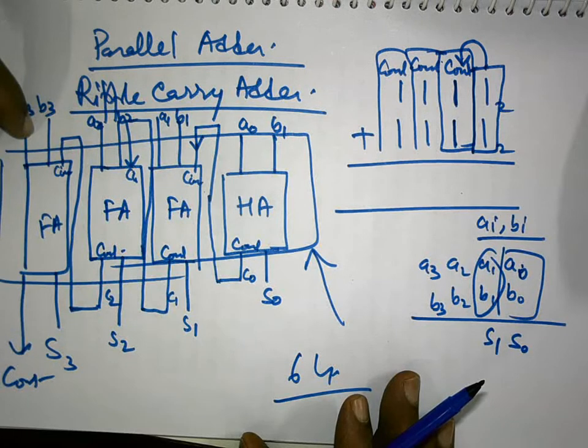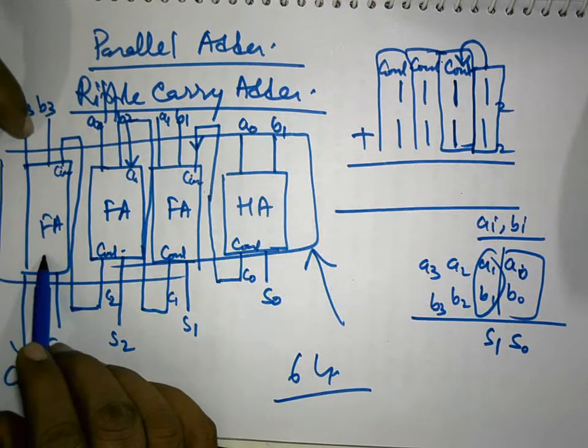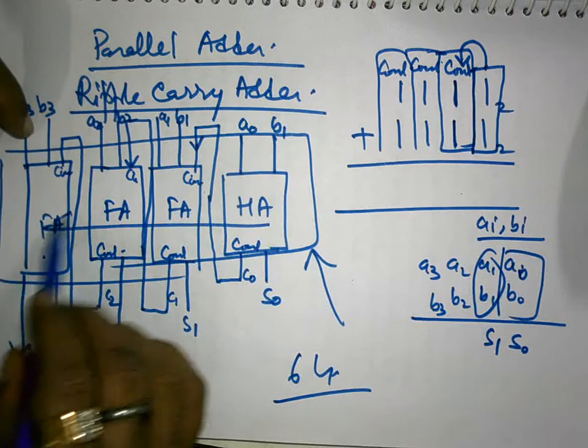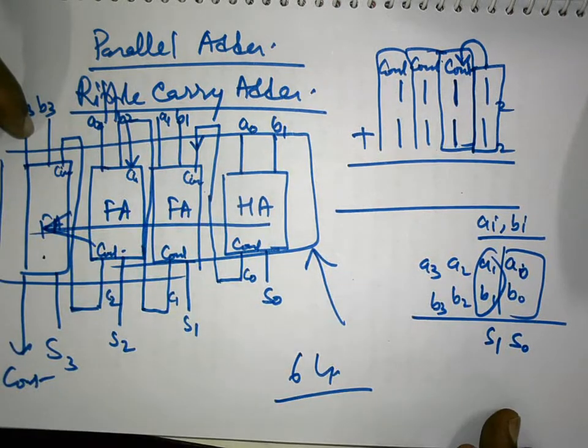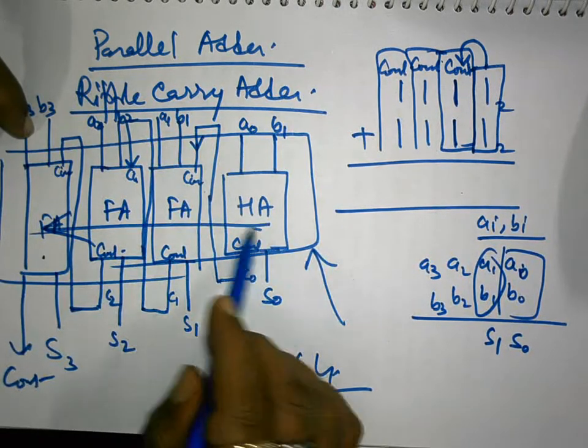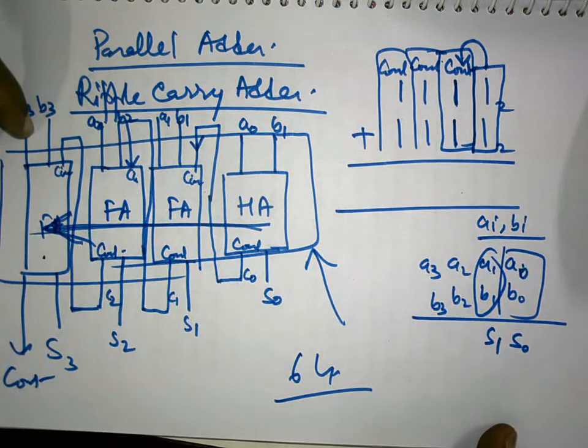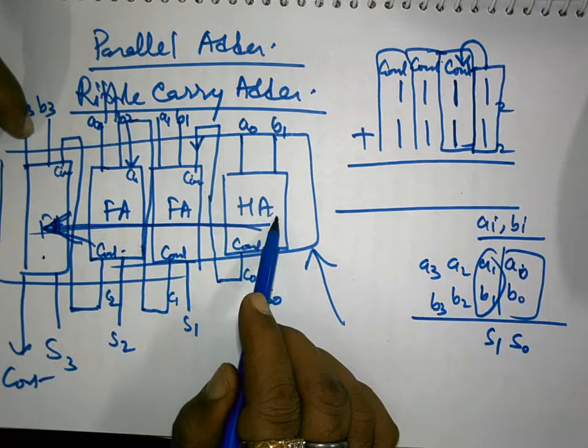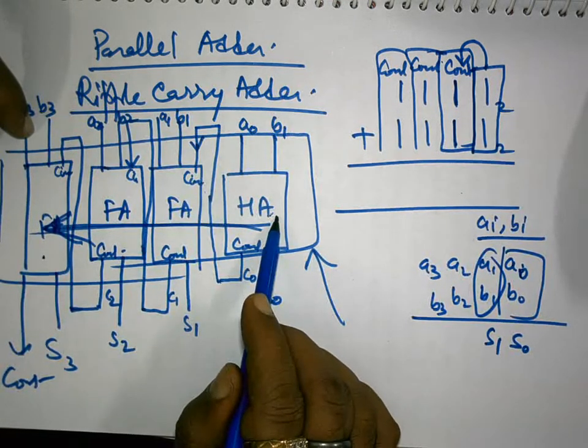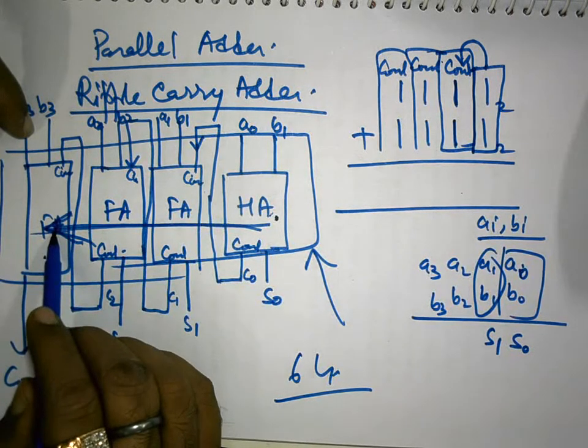So this is one of the drawbacks associated with this parallel or ripple carry adder. Carry is rippling all the way from LSB to MSB. To get the final result at the MSB position, you have to wait for the carry which is propagating from the LSB side and reaching up to the MSB side. This carry flow may start from your LSB position and may affect the addition process at the MSB.